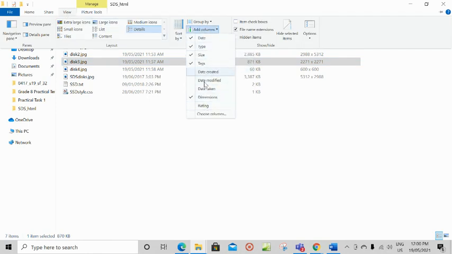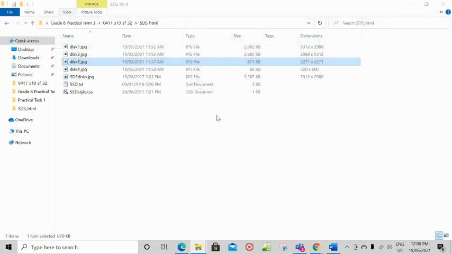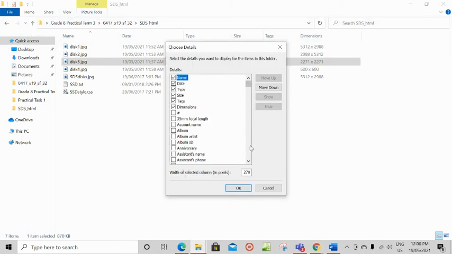Here there are many options given. For me, dimensions is already tick marked. That's why I'm able to see dimensions here. For you, if it's not visible, you can just click on choose columns. Here a lot of options are there. From here you can choose dimensions, or whatever information you want, you can get it from here.